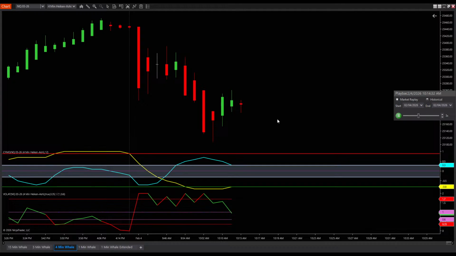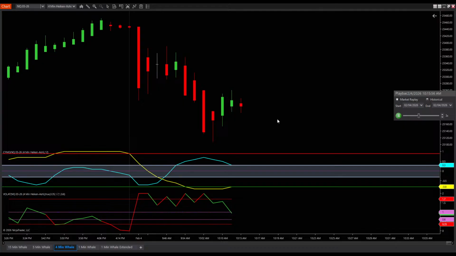Software's clean. What platform is it? This is the Whale Hunter system, Queen Jayla. It's just the Whale Hunter system, and it's being showcased here on the NinjaTrader platform. So the actual trading system that you're seeing right now is called the Whale Hunter system, but the actual platform that it's running on is NinjaTrader.